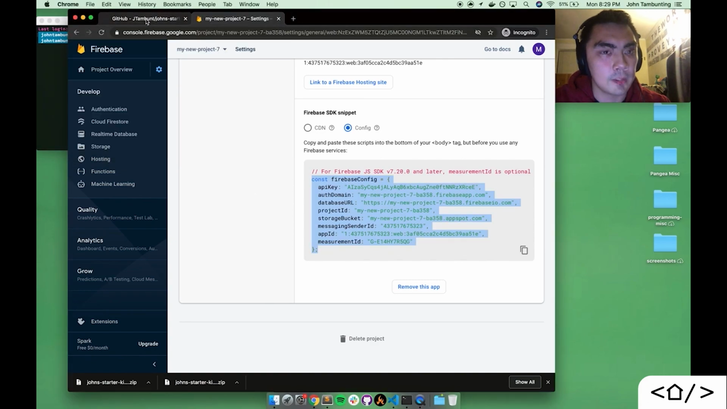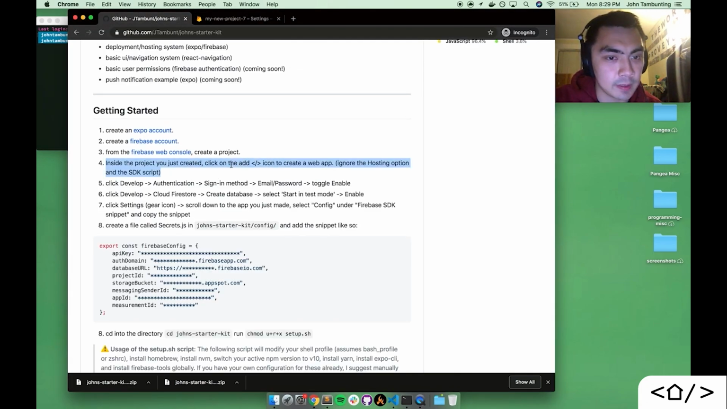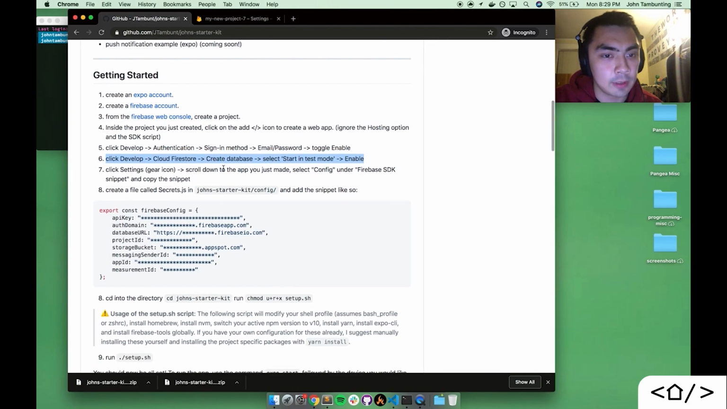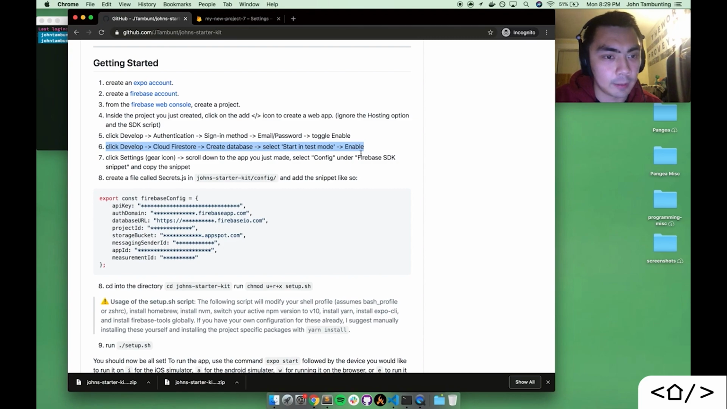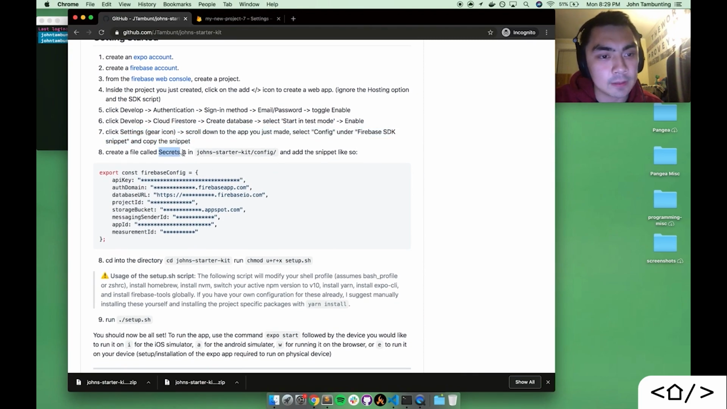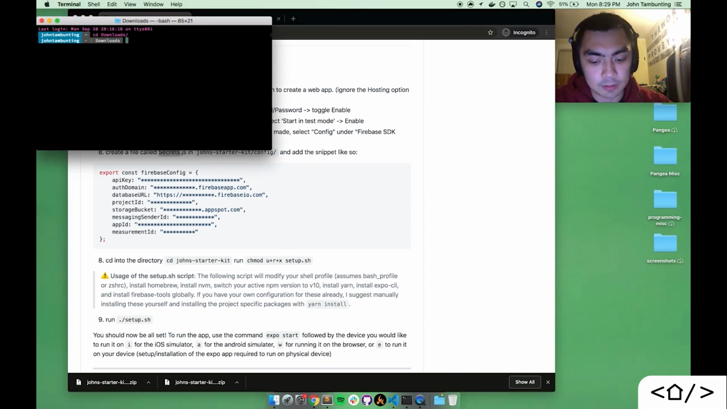So this is all kind of written here. We just created the web app, we enabled email and password, we created the Firestore, and then we just copied the snippet. So the next thing that we're going to do is create a file called secrets, and this is going to be in the starter kit /config directory, and this is basically just going to map your specific Firebase configuration to the app. So let's first cd into the app,